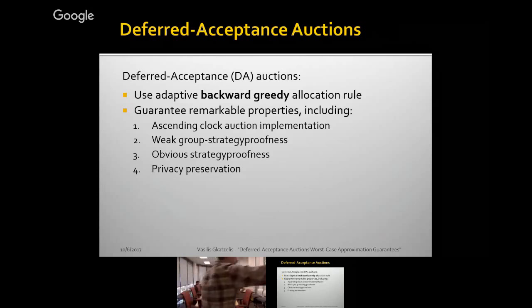Correct. You get weak group strategy proofness. You actually get that there's no group of bidders that can collaborate and all benefit from that deviation. And you get a recent definition, obvious strategy proofness. I don't know if you've seen this. It's a recent definition by a Stanford economist, where it says essentially even someone who cannot trust doesn't need to say, oh, VCG, yes, I did the math, it actually is truthful, I should say the truth. Even a naive person can actually see that it's better for them to tell the truth. So this is formally defined as obviously strategy proof.